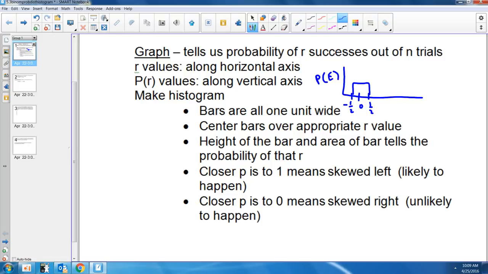The closer p is to 1 or the closer p is to 0 will tell you the skewness of the histogram. So this is in your notes on 1F, and you're going to see that this should hopefully make sense. If you had a histogram that looked like something like this,